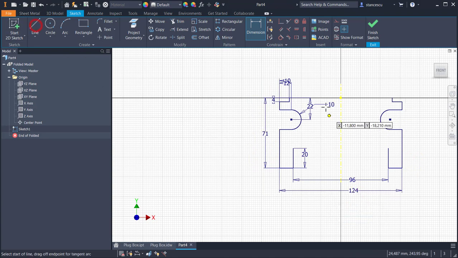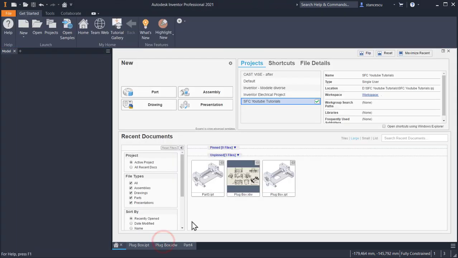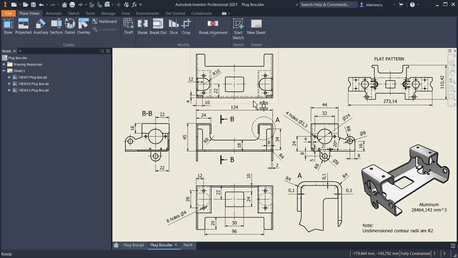We draw connection lines between the 2 sides. All these dimensions are placed in the drawing. We respect the drawing always. Look. This is 124, 10, 4, 22, radius of 10, 20, 96. Now I place this window